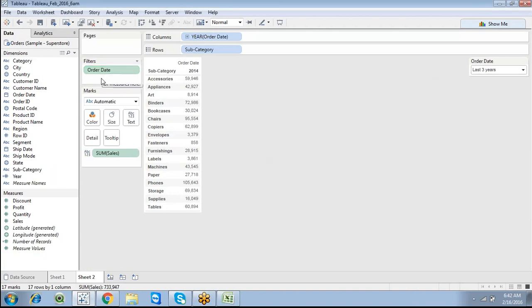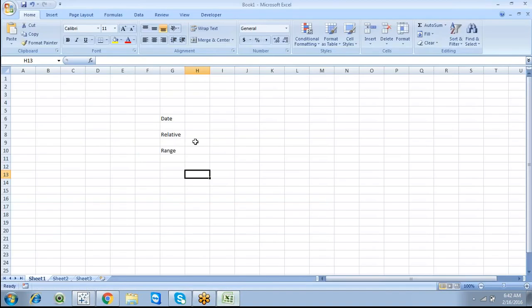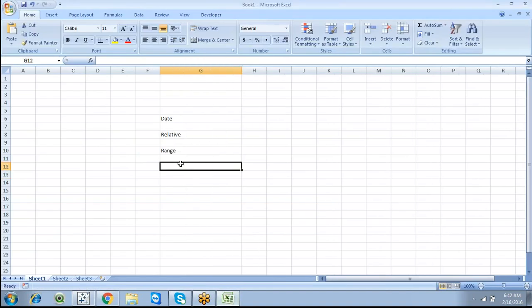It's a simple concept when you're working with date-related filters. So this is filters on dates. We already discussed filters on dimensions, filters on measures, and filters on dates. But now the next concept is a global filter.